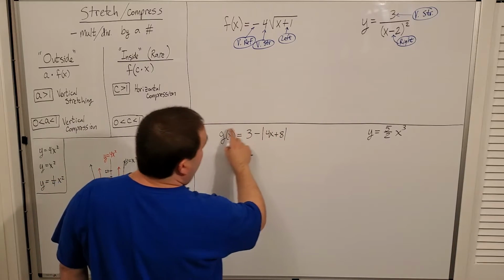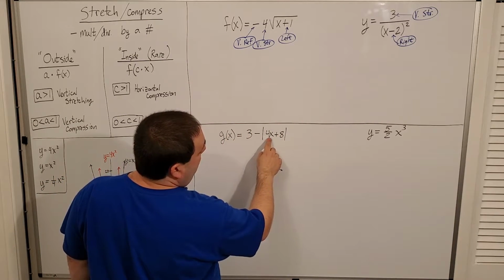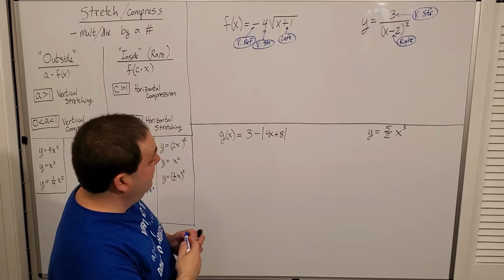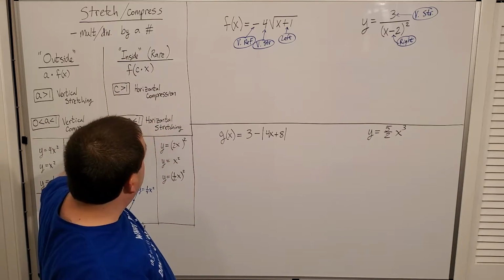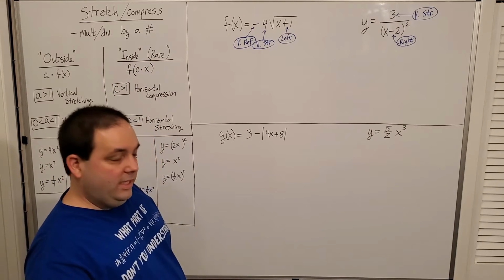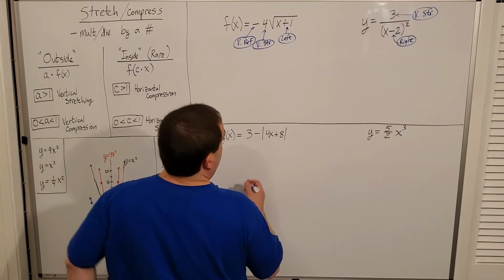In this one right here, the 4 is multiplied by the x. All right. The 4 is multiplied by the x, which means it's one of these things, right? One of the horizontal phenomena. But watch this. If I factor this thing,